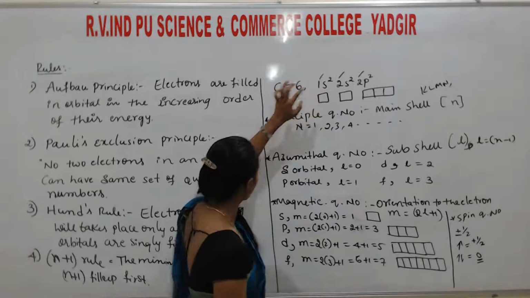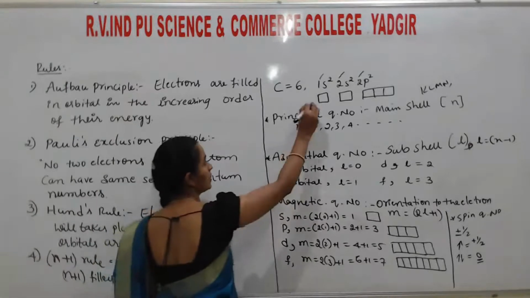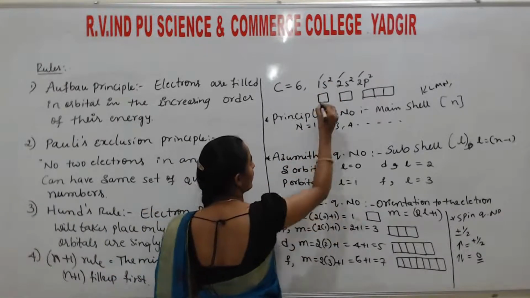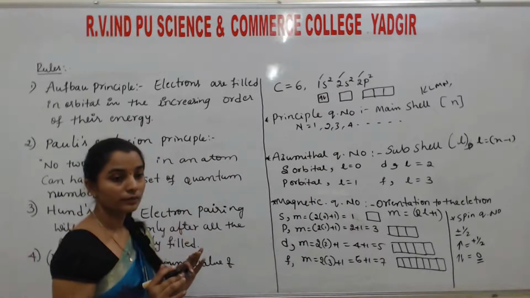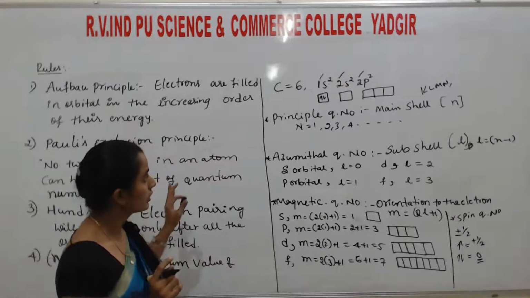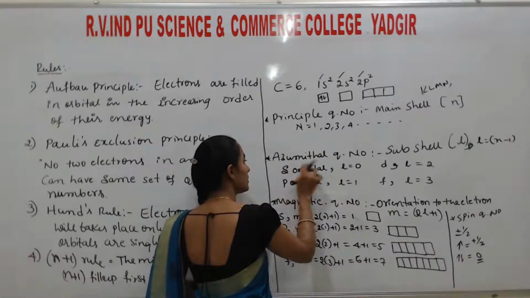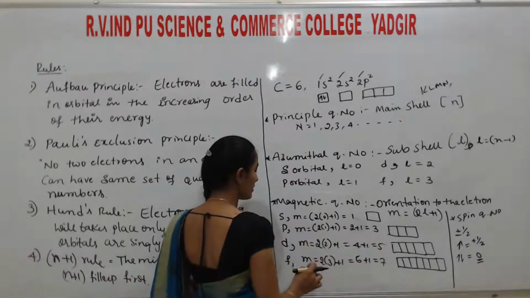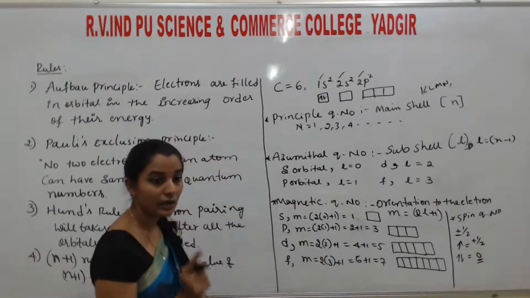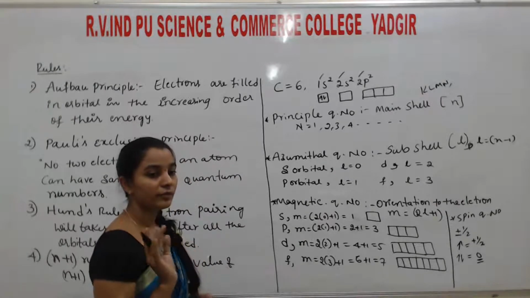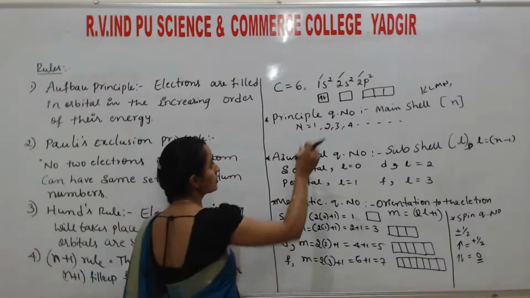quantum numbers. So no two electrons in a single atom, at least a pair of electrons like this, have the same quantum numbers. Understood? So no one electron in an atom can have the same set of quantum numbers. Of course, students, if they have the same n value, same l value, same m value, then the spins of the two electrons, one is plus half, another one is minus half. At least the spin quantum number differs. Okay. So next one is